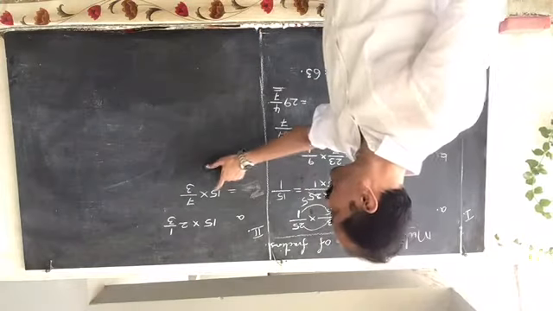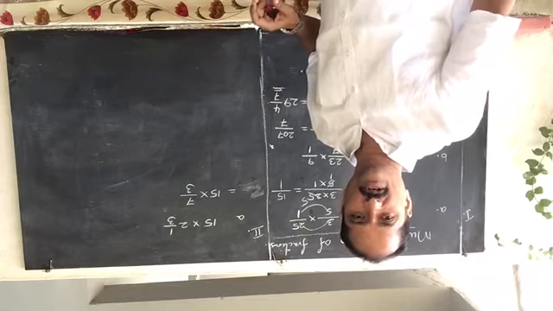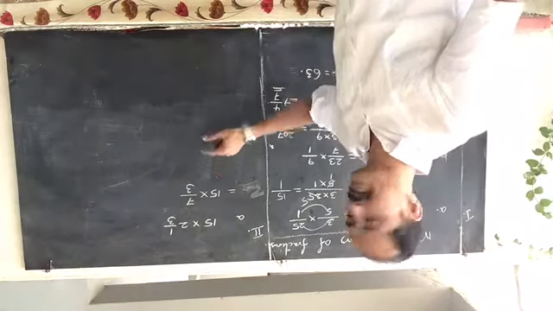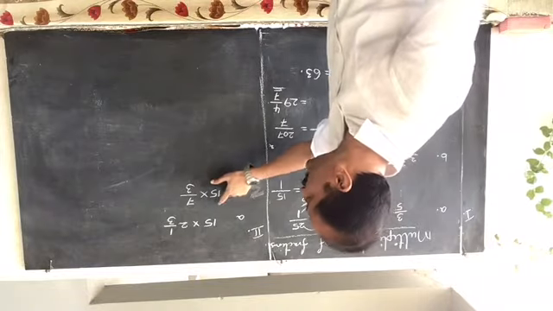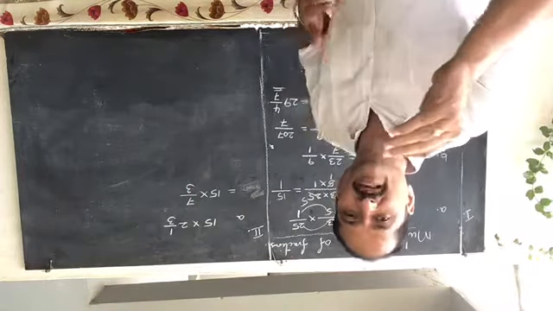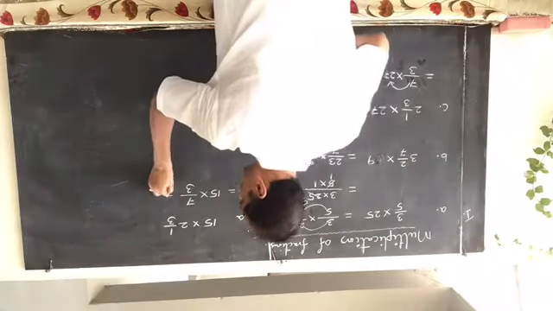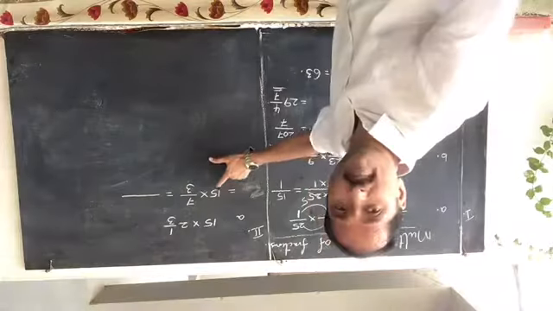Multiplication of a whole number with a fraction. For multiplying a whole number with a fraction, multiply the whole number with the numerator of the fraction and write the product in the numerator. So what will be the numerator?